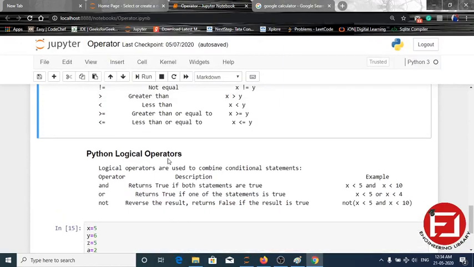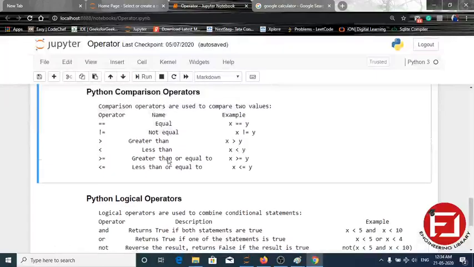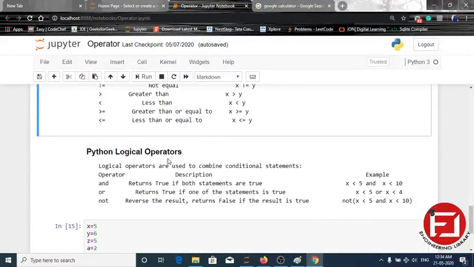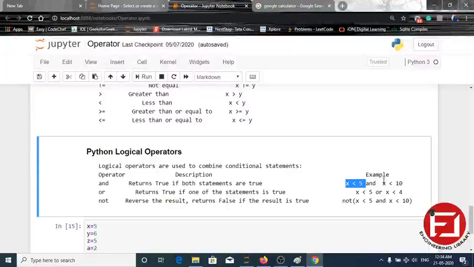So what is a logical operator now? A logical operator is basically a combined conditional statement. Conditional statement means there are several statements and we have to return some value, whether it is true or false. Suppose in this example, if x is smaller than 5 and x is smaller than 10, then what is the and operation?